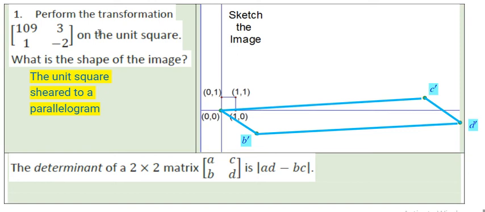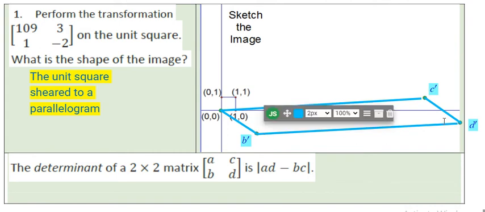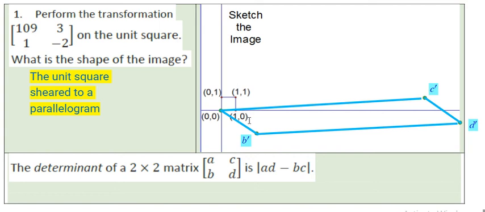For number one, perform the transformation 10931 negative 2 on the unit square. So what we're going to do is multiply this matrix times each point on the unit square to transform it. When we perform those transformations, we actually end up with this parallelogram because this got multiplied by each one of